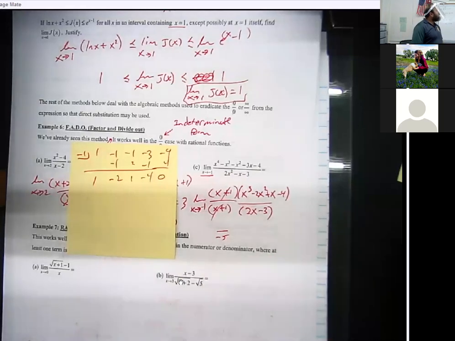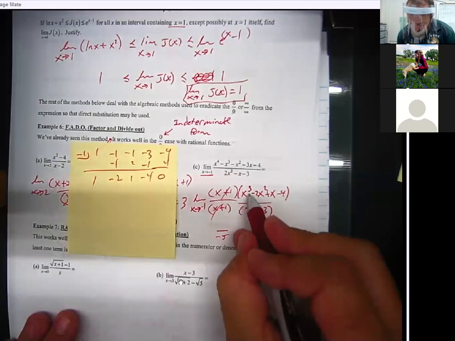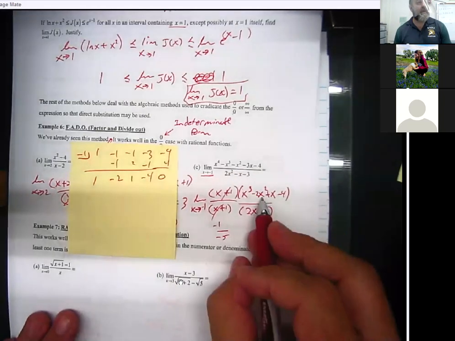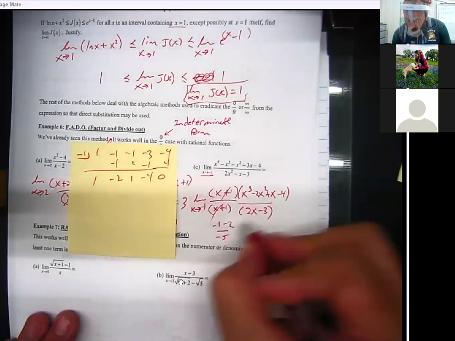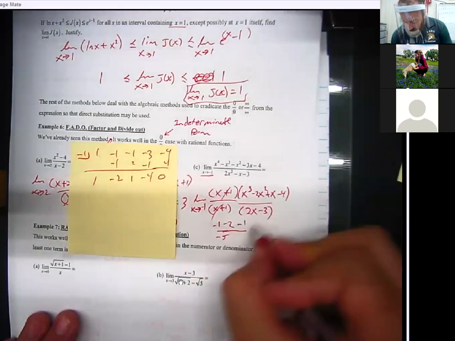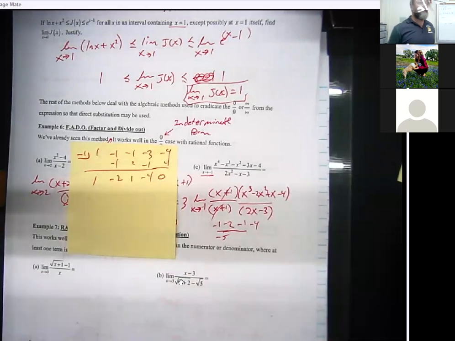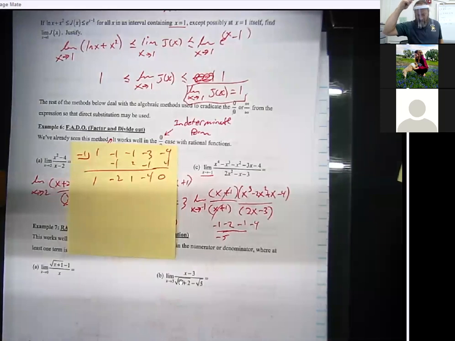I agree with you there. What does the top get close to? Well, let's just do it. That's going to get close to -1. What's this going to get close to? -2. This is going to get close to -1, and -4 is getting pretty close to -4, I think. So when I put all that stuff together,